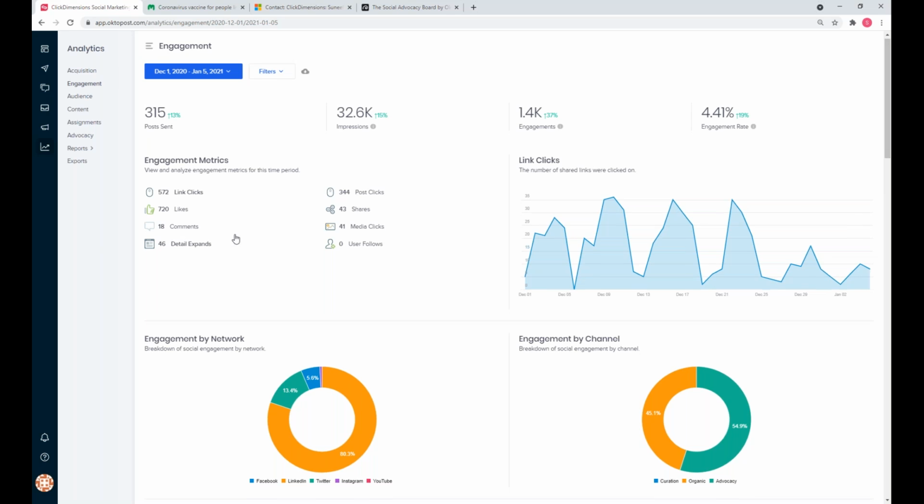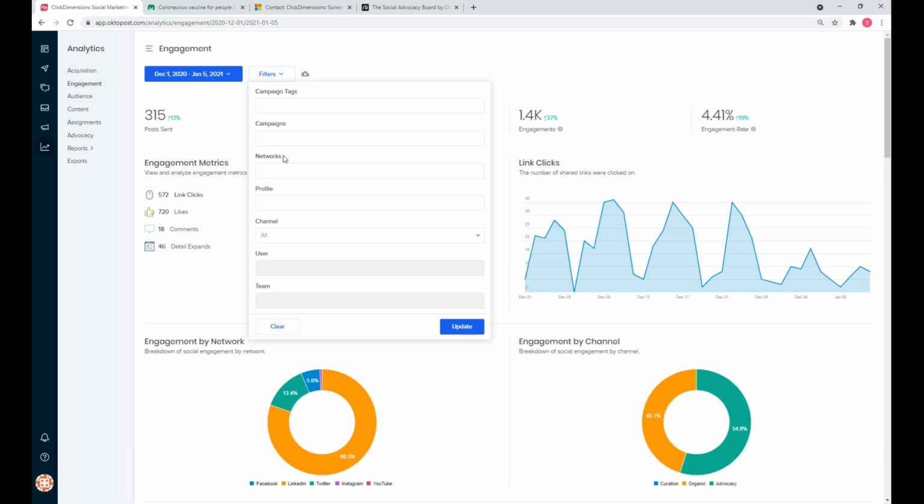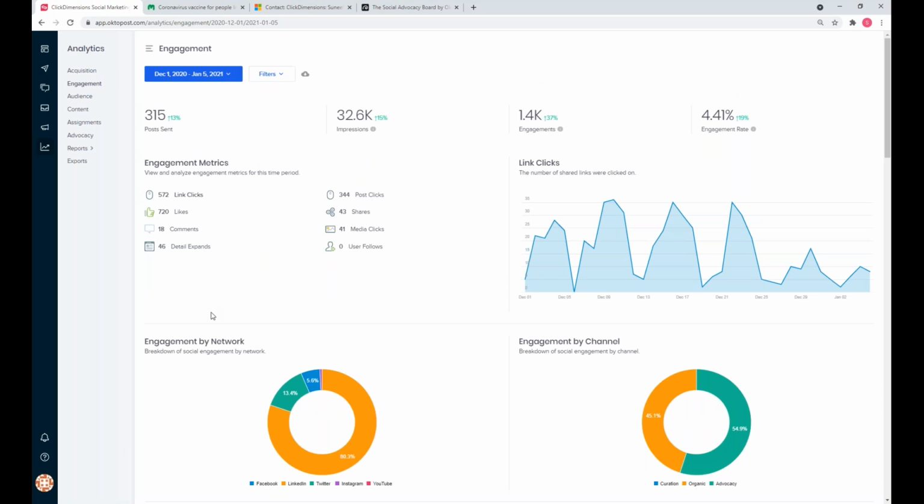Now, if we wanted to get into the granularity of how people engage, this is fantastic to know, because maybe on LinkedIn, people are more likely to comment. So I'll add a filter. I'll say, look, show me this information for LinkedIn specifically. If I see people are more open to comment, cool, let's ask more questions. Let's produce content that's going to spark a debate.